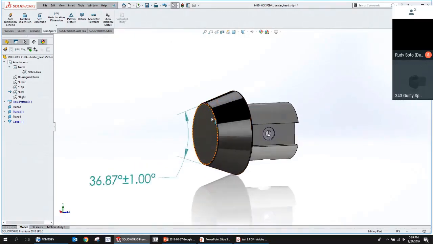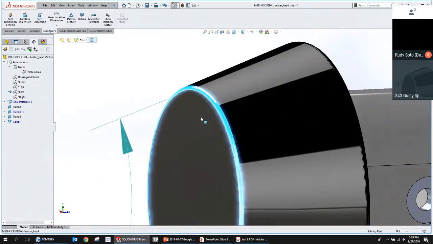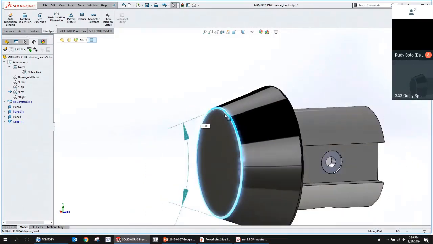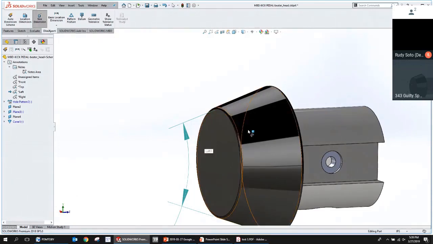Now, this is a pretty common spot where there's a fillet on the end, and maybe we're leaving the fillet up to the discretion of the machinist, but we still need to declare what the diameter is at what would be the sharp edge. In those spots, we can do either size dimension or location dimension, depending on the application. In this case, it's size dimension.